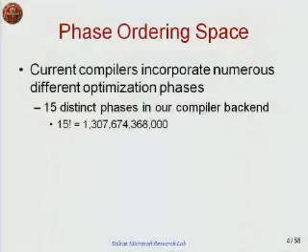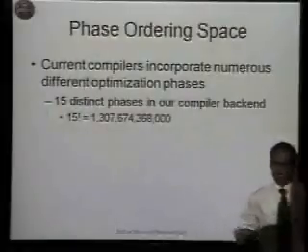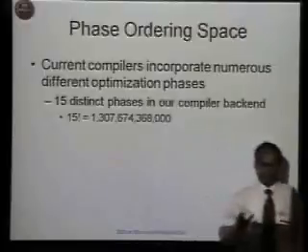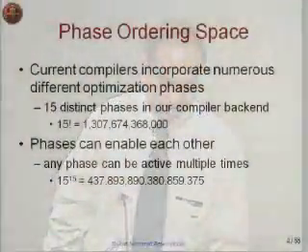So now I said in my last slide that the space of all possible orderings is very large. So in this slide, I'll just give some numbers to extend that argument. So as I said, in our compiler VPO, we have 15 different optimization phases, and it's possible to reorder them arbitrarily. So that means that there are 15 factorial different orderings of optimization phases. And this is only if we restrict the optimizations to be applicable only once in each ordering. Right? Then we have 15 factorial, which is this large number of orderings which we will have to evaluate to find the one best one.